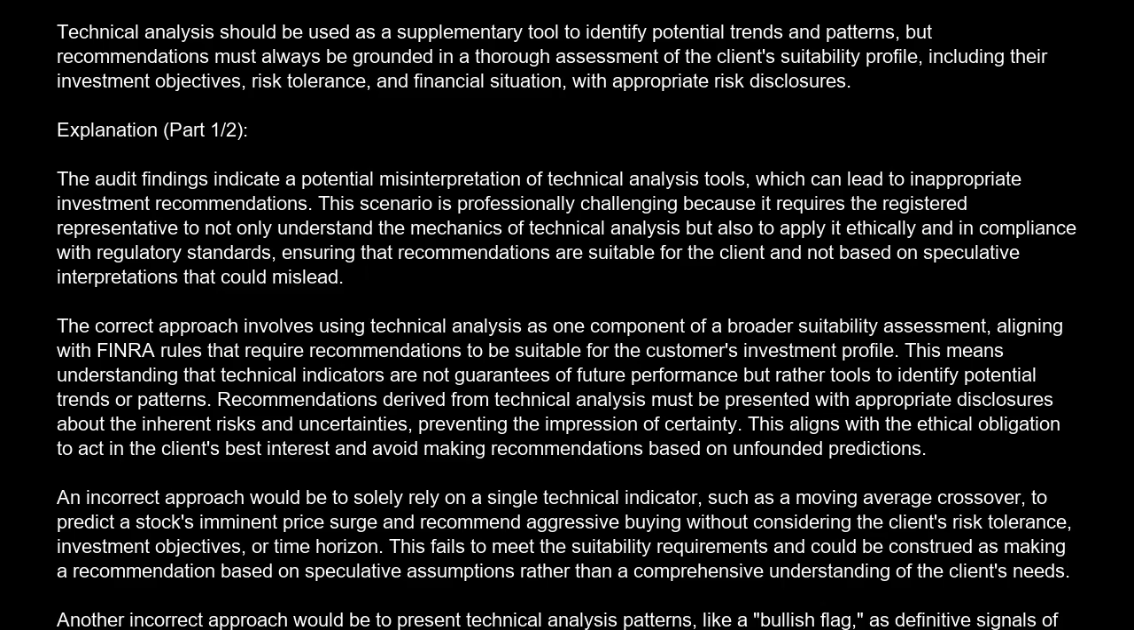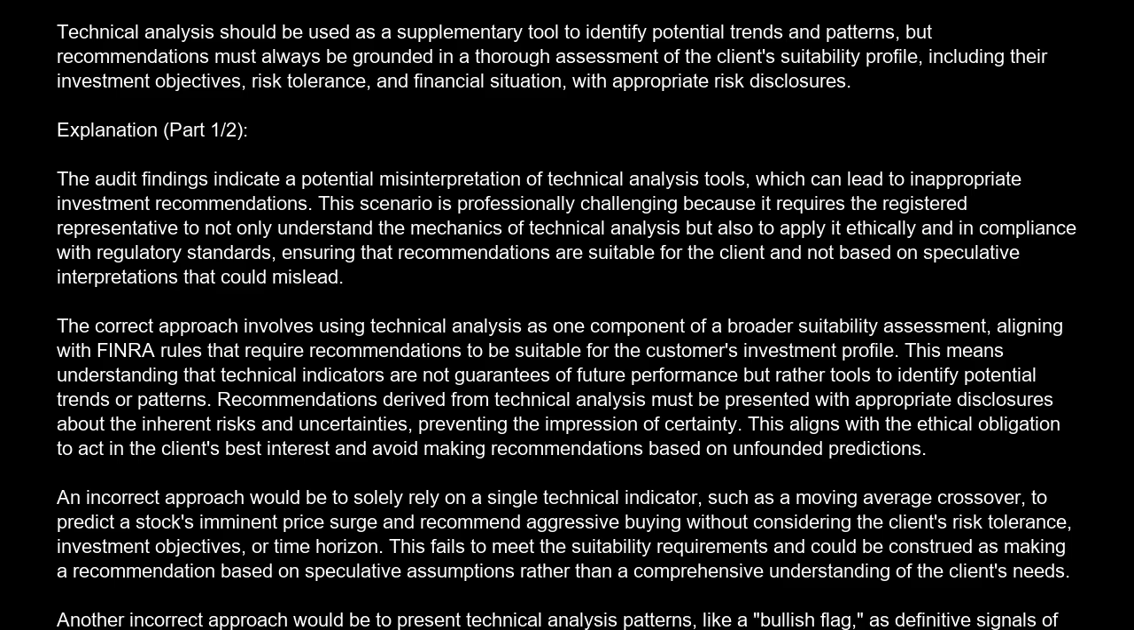The correct answer is D. Technical analysis should be used as a supplementary tool to identify potential trends and patterns, but recommendations must always be grounded in a thorough assessment of the client's suitability profile, including their investment objectives, risk tolerance, and financial situation, with